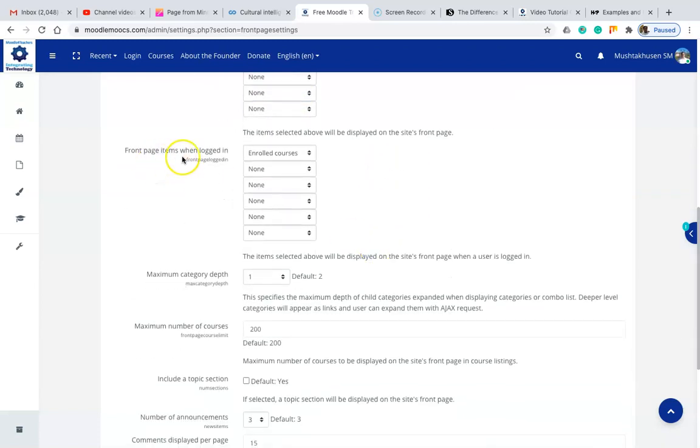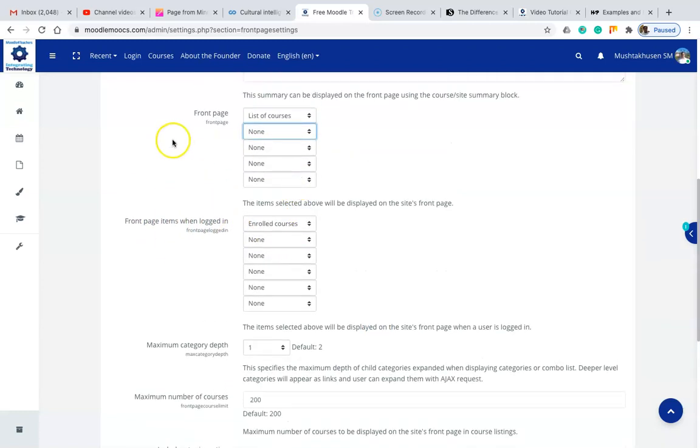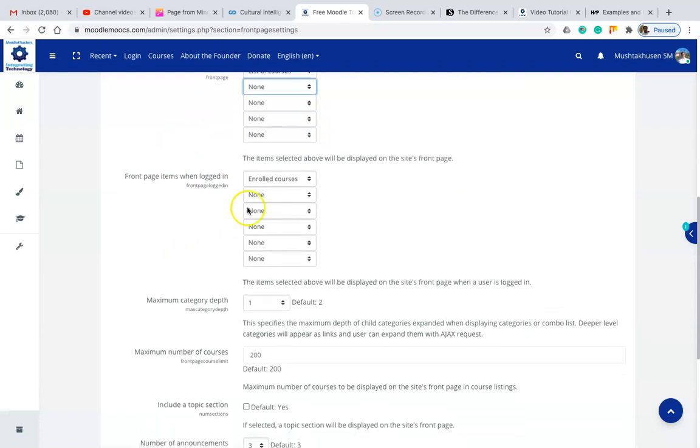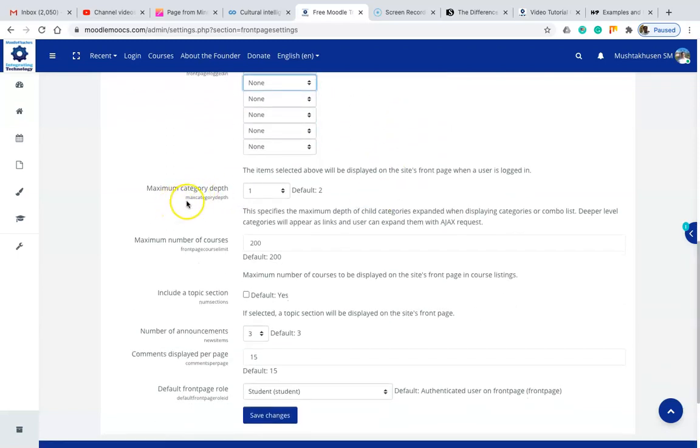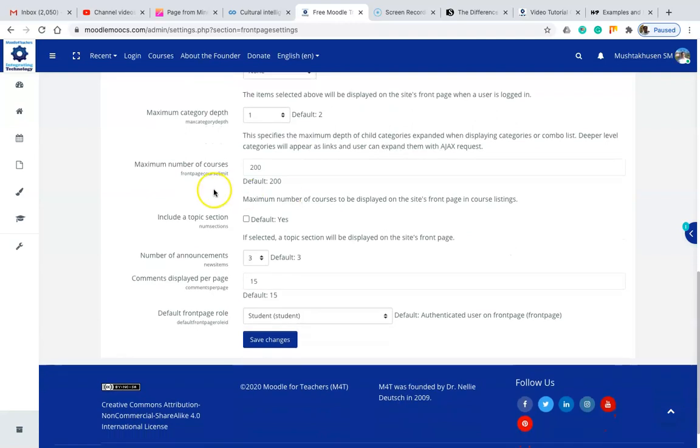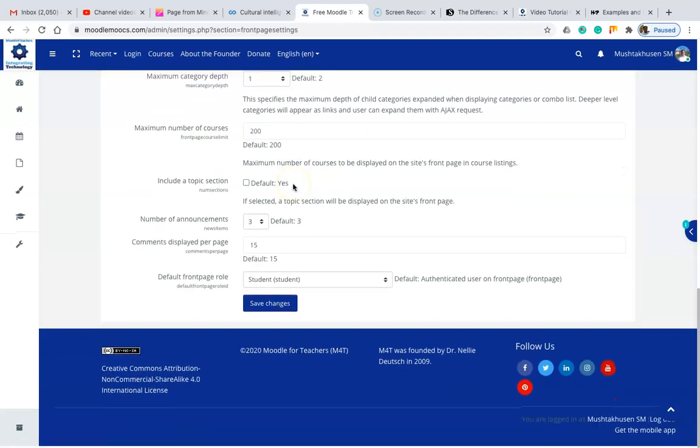Then we have got front page items when logged in. So okay, front page, so you can see the list of courses. Front page items when logged in: you can see enrolled courses. If you want to add some more, you can select from here. Then maximum category depth, it is 1, but by default it is 2, so maybe you can add one more. Then maximum number of courses, 200, and by default it is 200.